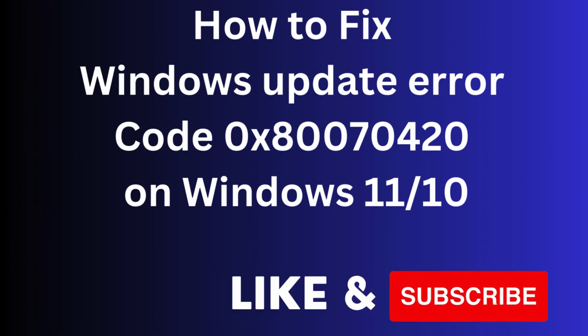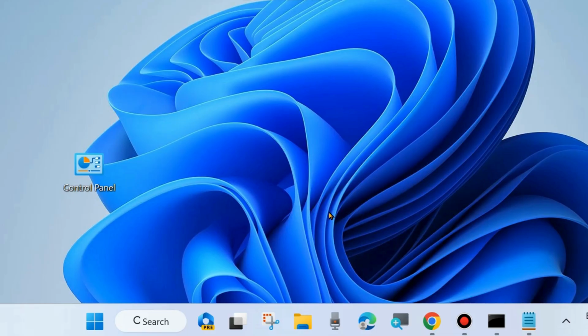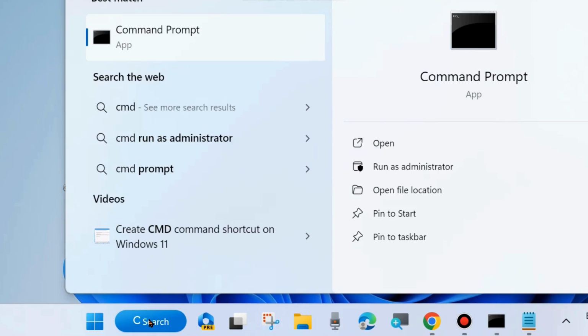Hi guys, in this video we will see how to fix Windows Update error code 0x80070420 on Windows 11 and Windows 10. If you are also trying to install the latest Windows update and it failed with an error code, then here are the fixes. The first workaround is to go to Windows search, type cmd, and open Command Prompt